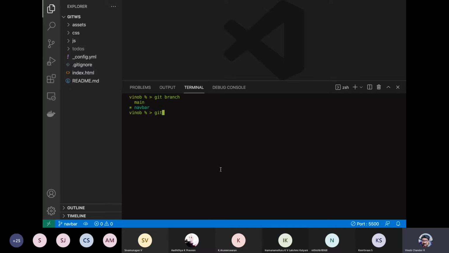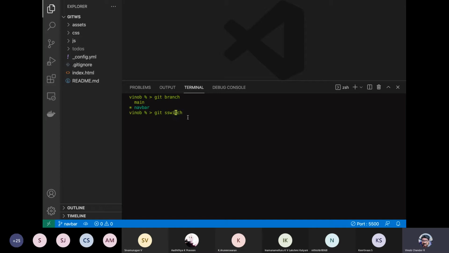So what do you do here now? First of all, you switch to the main branch, right? So this time you say git switch or you can say git checkout. Typically you will see many developers still do a checkout, right? This is a very widely used and famous command, checkout. But now we can also make use of switch.